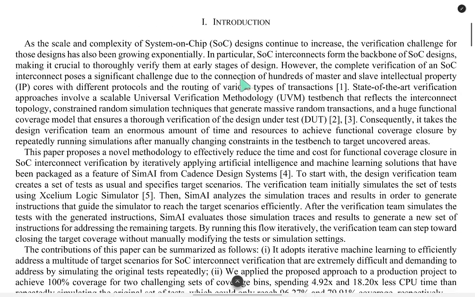Chapter 1, Introduction. As the scale and complexity of SoC designs continue to increase, the verification challenge for those designs has been growing exponentially. In particular, the SoC interconnect forms the backbone of the SoC design, making it crucial to thoroughly verify it at early stages of design. However, complete verification of an SoC interconnect poses a significant challenge due to the connection of